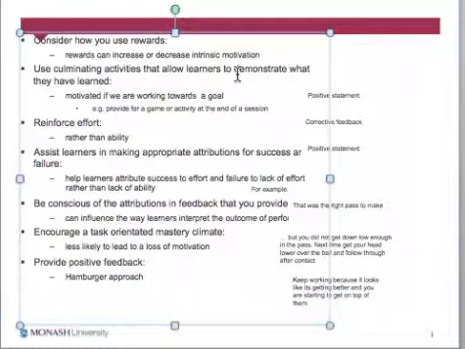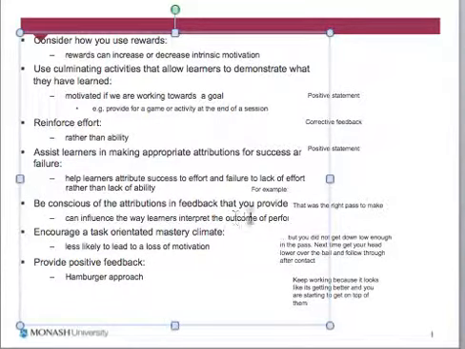Always reinforce effort rather than ability, but don't do it in a token way. Don't say nice effort, good stuff, well done, without it actually meaning something. If you say that stuff too many times, it just becomes almost negative and demotivating, because people are pretty quick to see through whether it's real and meaningful, or whether it's just you trying to motivate people extrinsically. So don't throw that stuff around too much. My advice is don't overdo the well done kind of information. Always help students to appropriately attribute their success or their failure. So help them work out whether it was due to their effort or due to the referee or whatever.